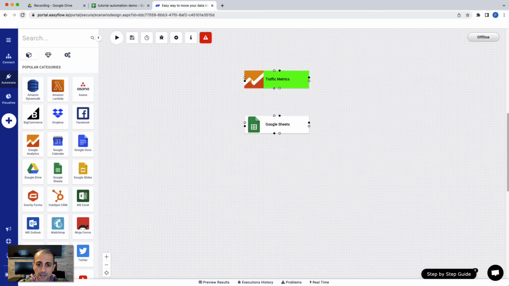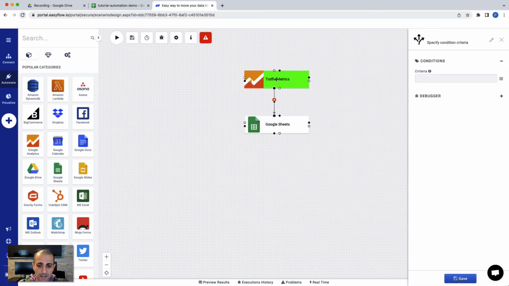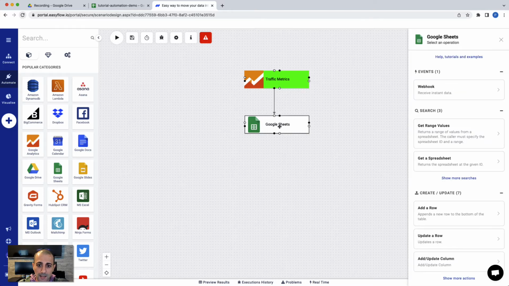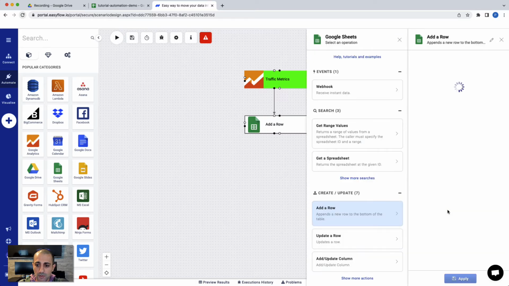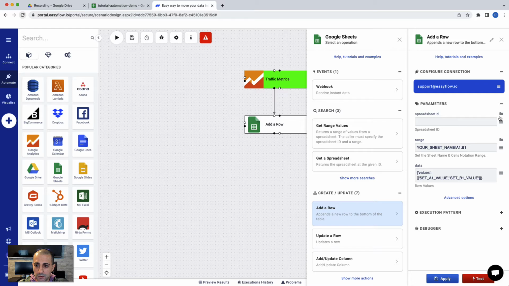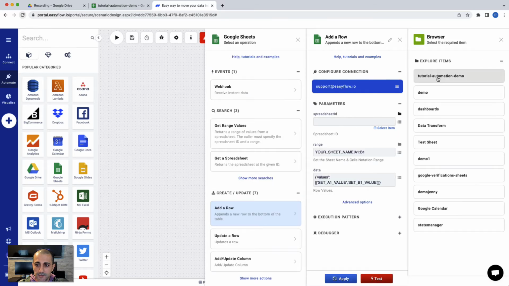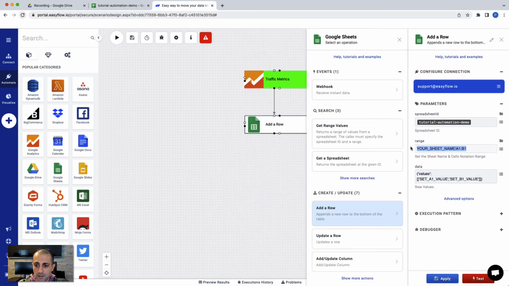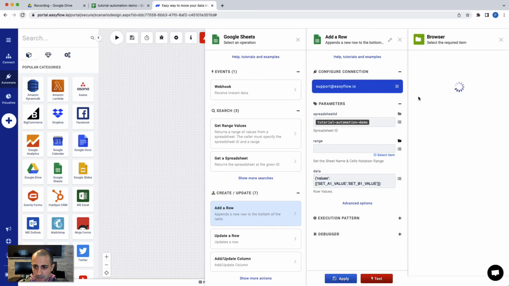So now let's move to the next step by connecting Google Analytics to Google Sheet. In Google Sheet, we are going to choose add a row. Add a row doesn't mean just a single row. So if there are 1000 rows coming from Google Analytics, in one hit, these 1000 rows will go to Google Sheet. Choose add a row, the connection, support at Easyflow, spreadsheet ID is tutorial or automation, range, you can